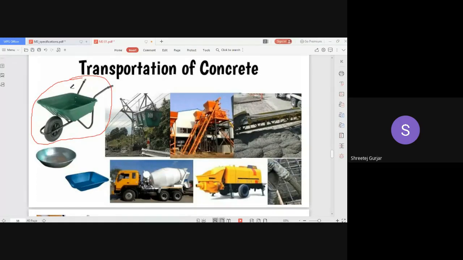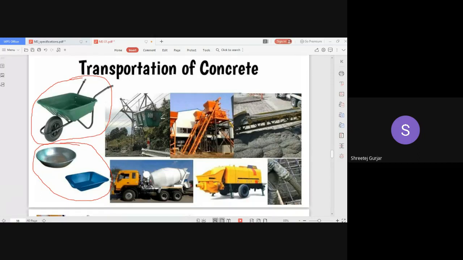What is this? You have named it. Wheelbarrow. Okay, so this is a wheelbarrow. Now what is this? Pan. What is that? I didn't hear you clearly. Answer clearly. Don't hesitate, answer. You know what it is, but you are not answering. Pan, sir. Pan, right? Pan or butti, what you carry on your head, right?